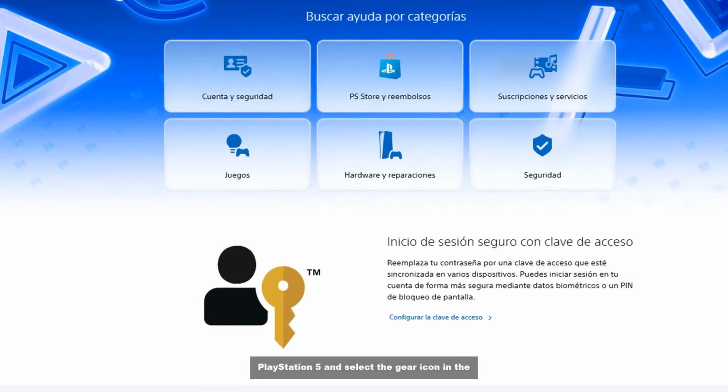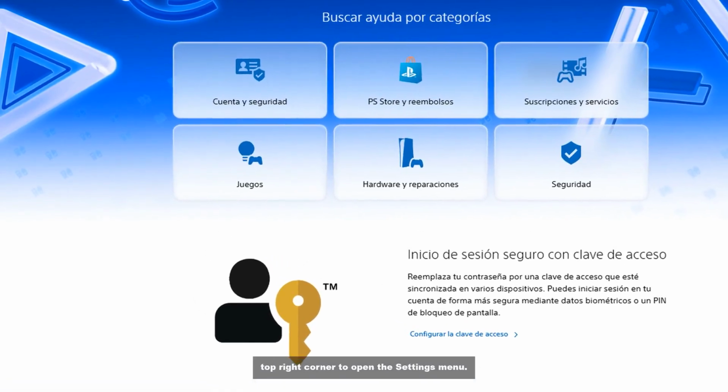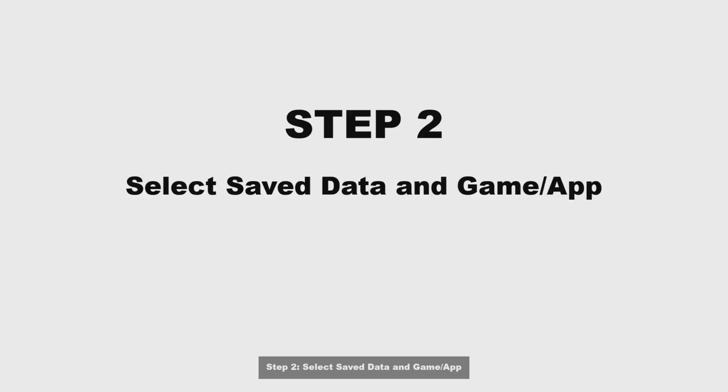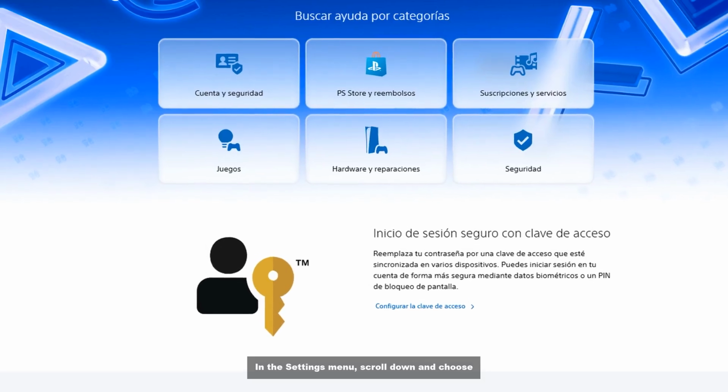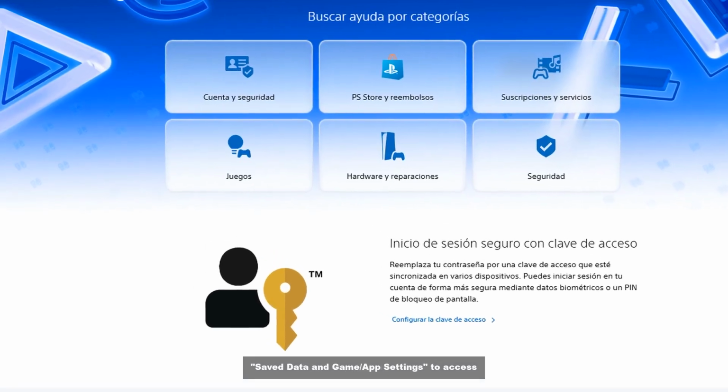top right corner to open the settings menu. Step 2. Select Save Data and Game/App Settings. In the settings menu, scroll down and choose Save Data and Game/App Settings to access the options related to your